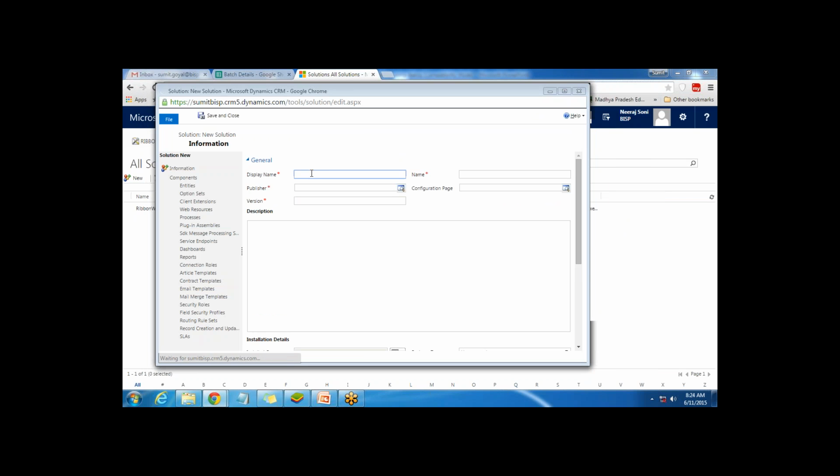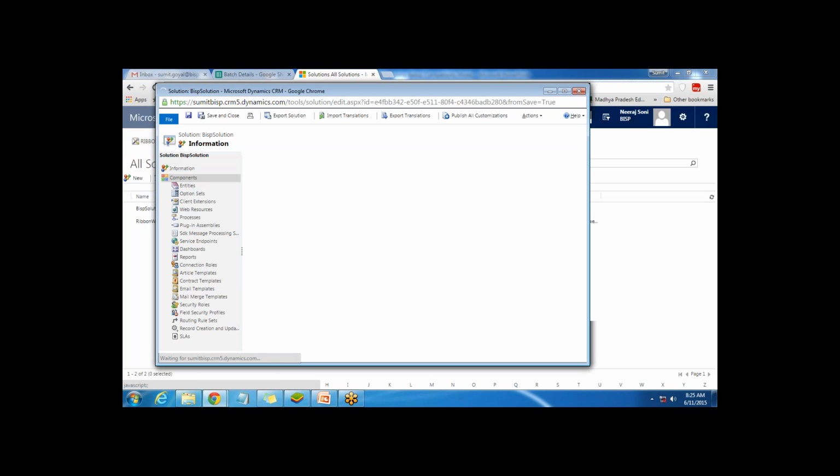Then I'll give a name to my solution, let's say DSP solution, and for the publisher, I'll go with the default publisher. The version is 6.0.1, and I'll save it. And once we save this solution, we'll create a process within this solution. So I click on process,